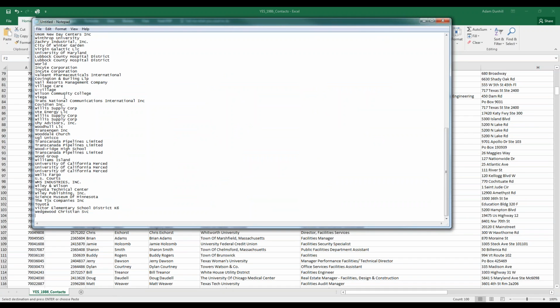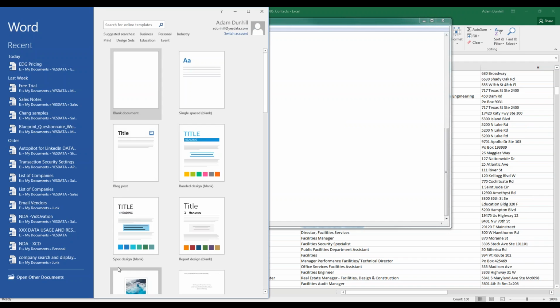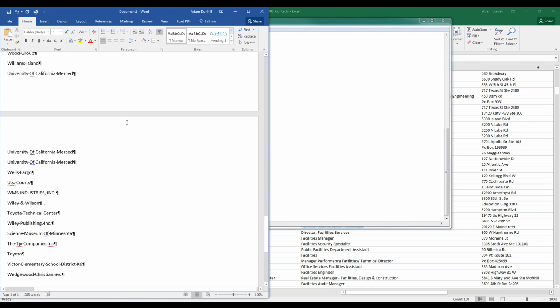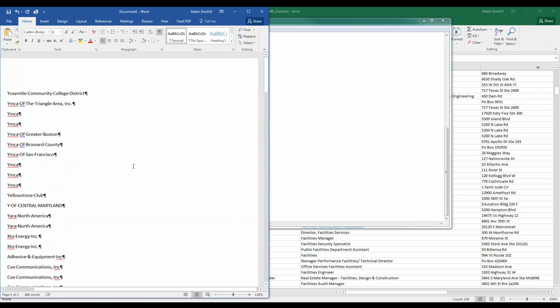Then we're just simply doing that to remove the Excel formatting. We're then going to select all by pressing Control A, and then Control C to copy everything. And we're going to open up a Word document, and it's going to be a blank document. We're going to paste that data into there. And so as you can see, here is the list of all the companies in